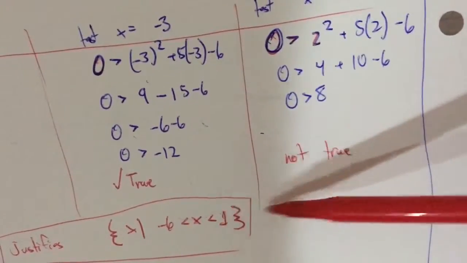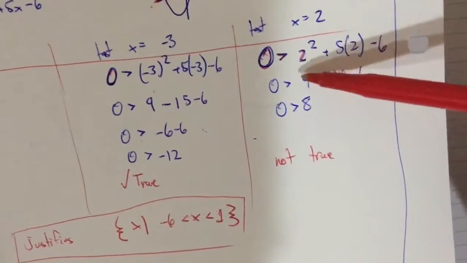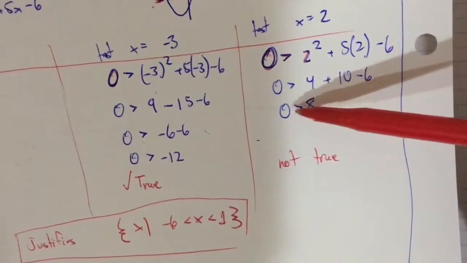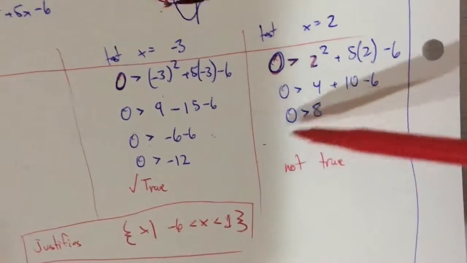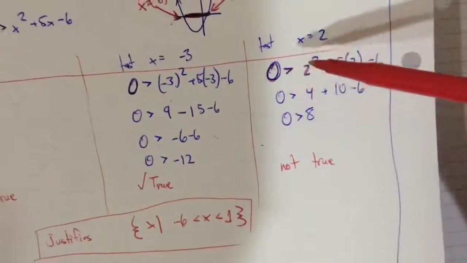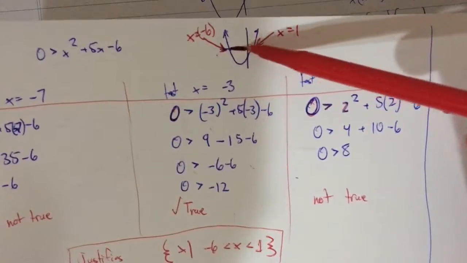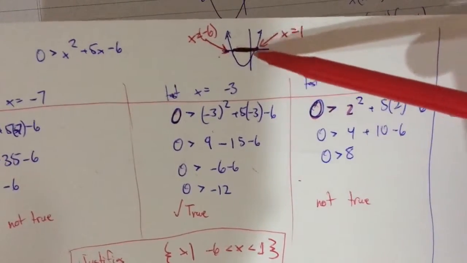Okay, so that's true. Then I tested a number outside the range again, to the right, which was 2. I plugged in 2 in here and I got 8. Is 0 greater than 8? No. So again, this is awesome because this tells me that it can't be a number outside of the range in between these two roots, okay? It can only be